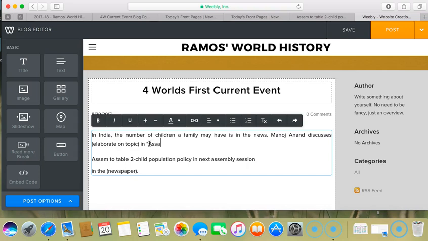So I'm going to put a sum to table. And I'm just going to copy what I copied in here. I'm going to type it actually. Child population policy and next assembly session. Remember, article titles go in quotes, and I'm going to go ahead and get rid of this here